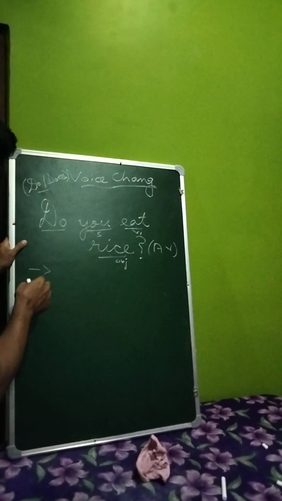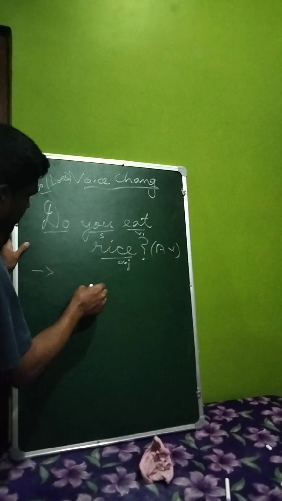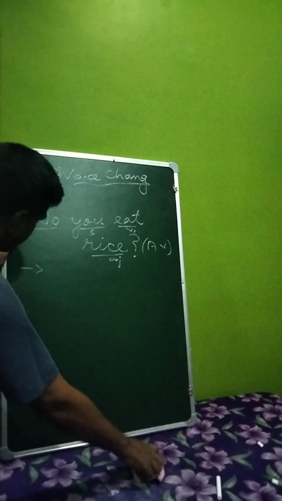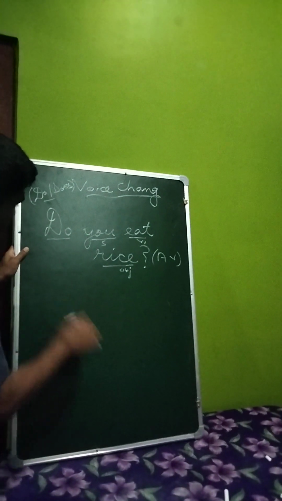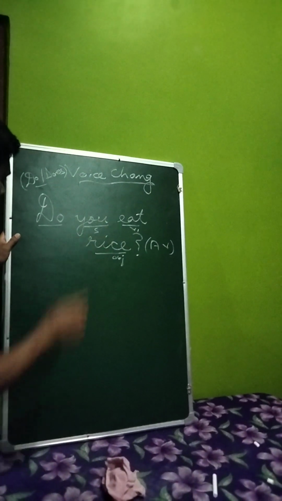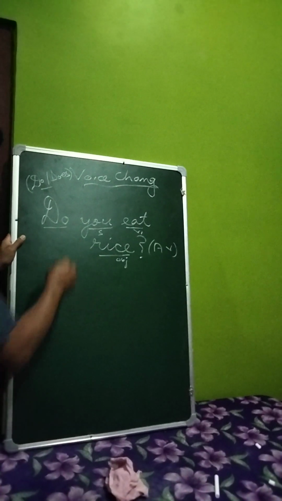Very simple. You are to pay attention to the object. First of all, you are to recognize the object. Object is your rice. You are to see the rice. Rice is object. And what is the person of the rice? The person is third and number is singular. So